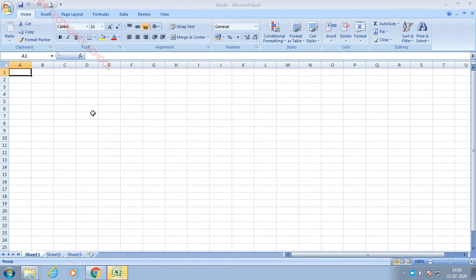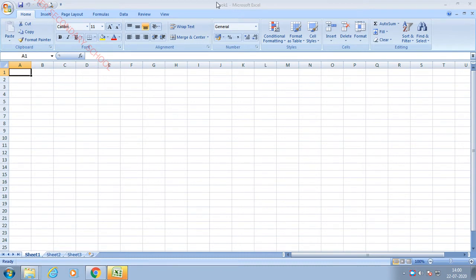You might have learned in your previous classes about MS Word. You might be seeing that the title bar and menu bar will be there. Similarly, Excel also contains the menus, standard toolbar, formatting toolbar, and working area. Let us see one by one. So this is the title bar. It is used to display the title on the screen. By default it shows Book 1.